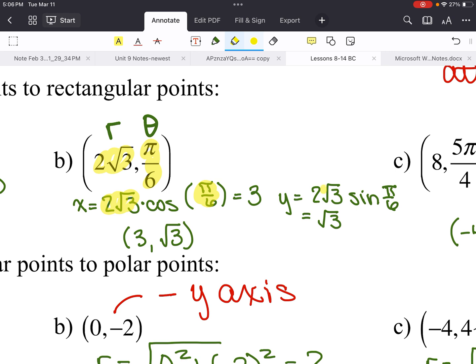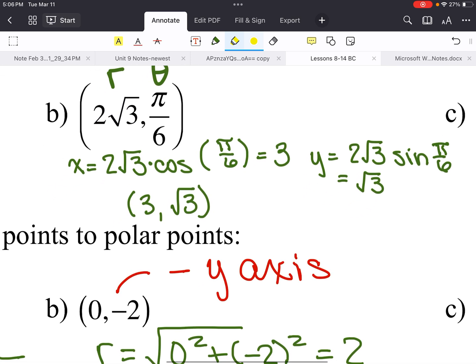And the y coordinate is going to be radius times sine of the angle. And then use your unit circle numbers to simplify it. So cosine pi over 6 is square root of 3 over 2. So 2 square root of 3, I'll write that out real quick. 2 square root of 3 times square root of 3 over 2. Well, the 2's cancel out. And square root of 3 times square root of 3 is square root of 9, which is just plain old